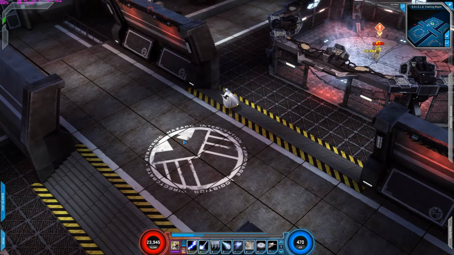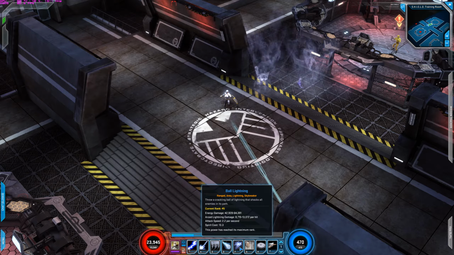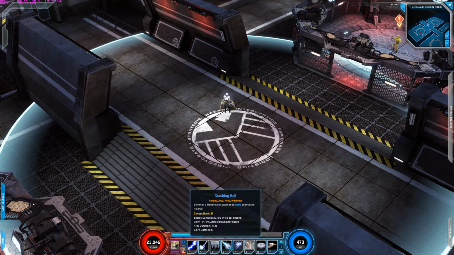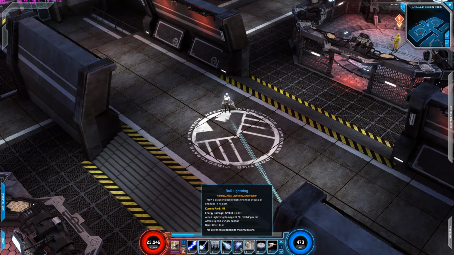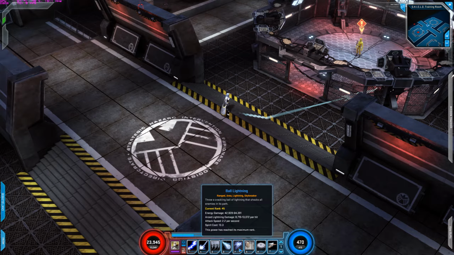Second rotation is incorporating the first rotation, but it's incorporating Ball Lightning. So this is my, I don't want to say second rotation, but I guess it is. After I activate Crashing Hail and Sudden Tornadoes, I usually do about 2 to 3 of these Ball Lightning. They do a lot of damage, and the good thing about them is it does a lot of area damage, and it's almost, I don't want to say damage over time, but it's a slow moving damage, but any enemies that are around that, what it does is again,